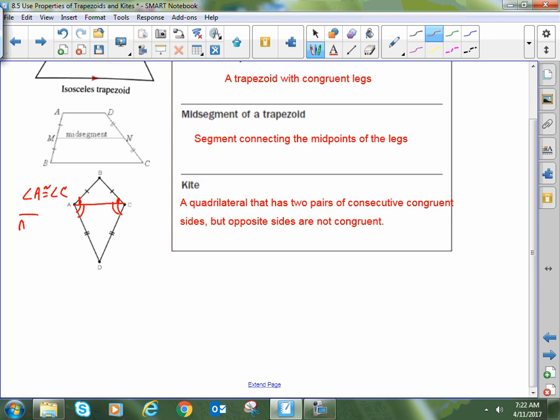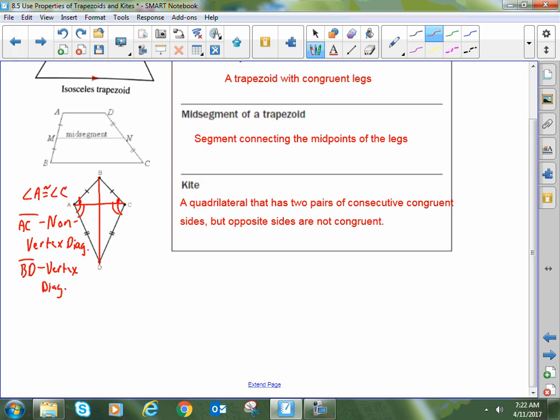AC, I would call that the non-vertex diagonal. I can't spell right now. Non-vertex diagonal. So if we added in this segment here, BD, BD is the vertex diagonal. And we would call that the vertex diagonal because, again, if we look at it as an isosceles triangle,